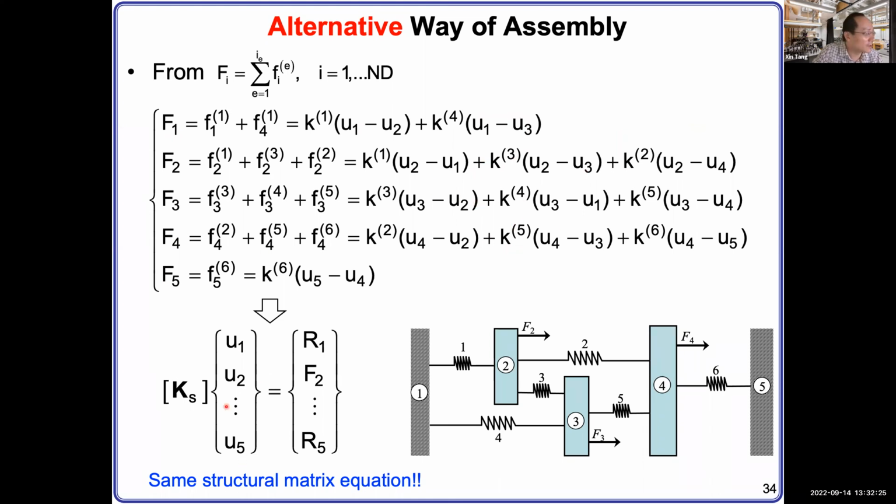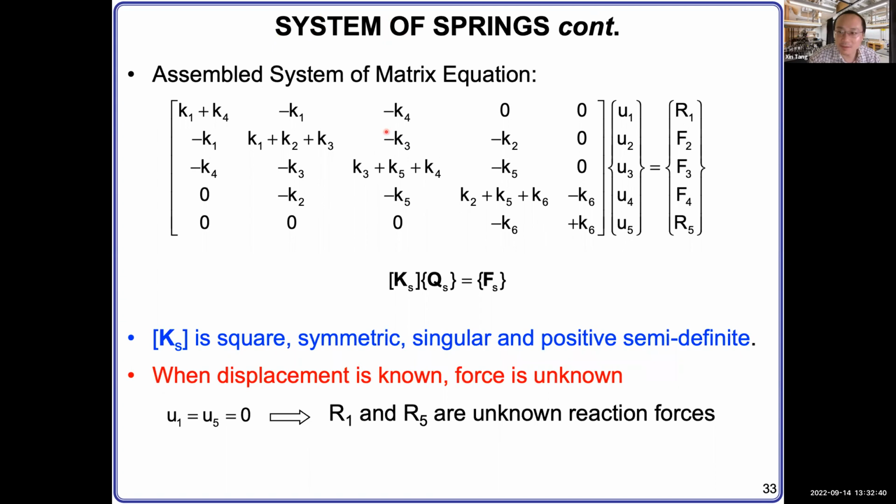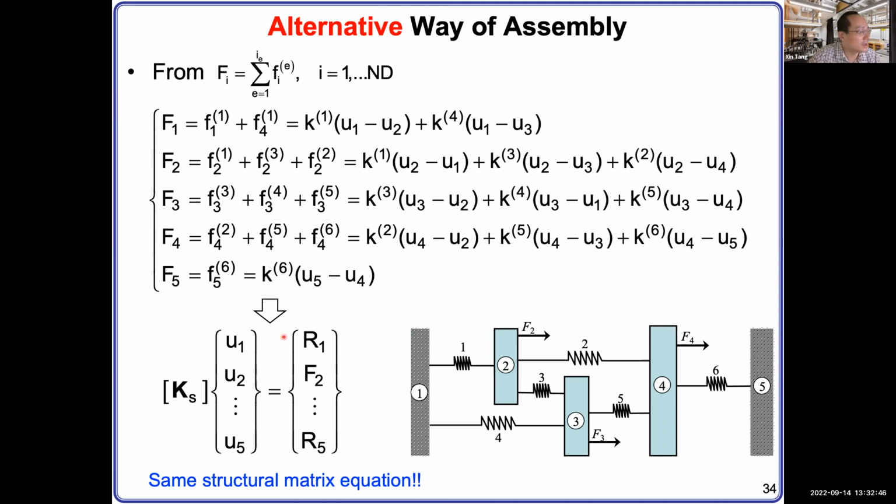Let them form a vector. And the remaining part, the K, should be a 5 by 5 matrix. Right? We have practiced these mathematical operations before. This is a 5 by 5 matrix, and it will be the same as this one. Okay, we are just using different rules to calculate this equation set. So you can practice it after class, to see whether from here you can get the same K or not. Okay. Now, by those two means, we get this equation set, expressed by the matrix and the vector.